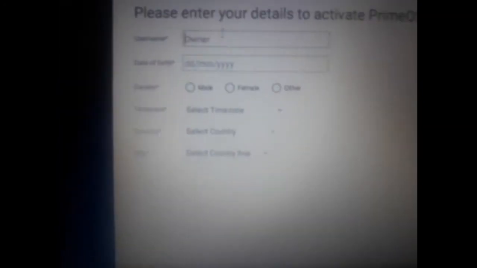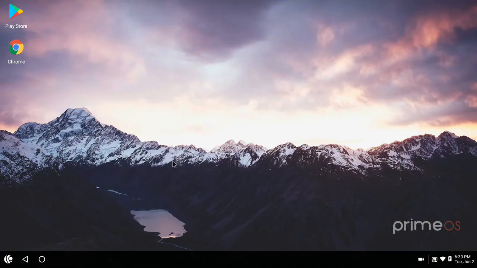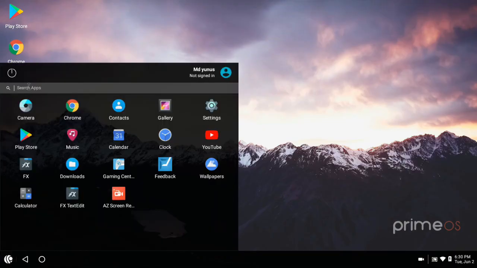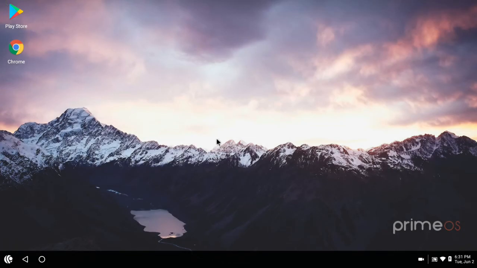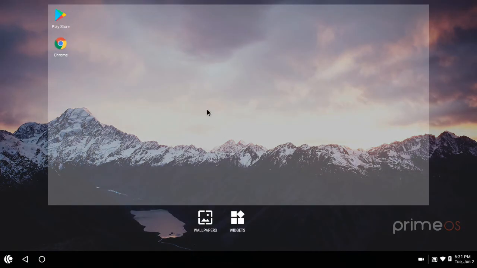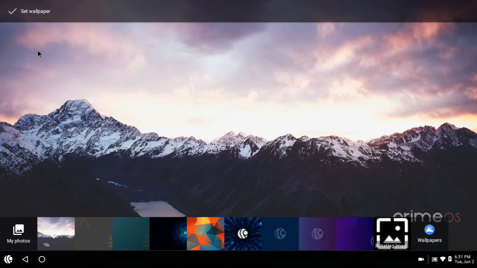Then OK, then enter your name and your details, and then accept the license terms, and your PC is on the go. Enjoy. It's a very good Android OS. It's very smooth, and you can root this Prime OS. It won't affect your PC. It has the same Android features and very smooth performance.